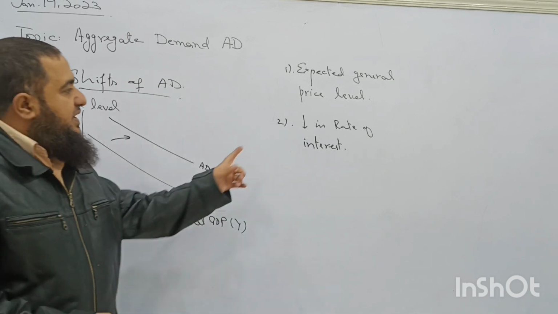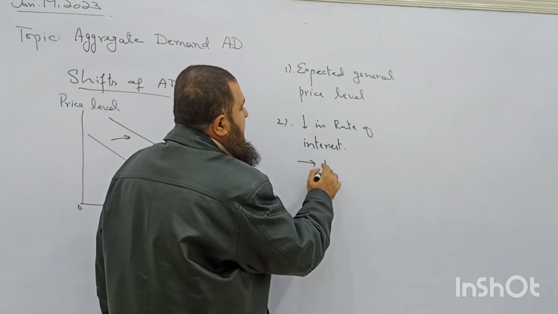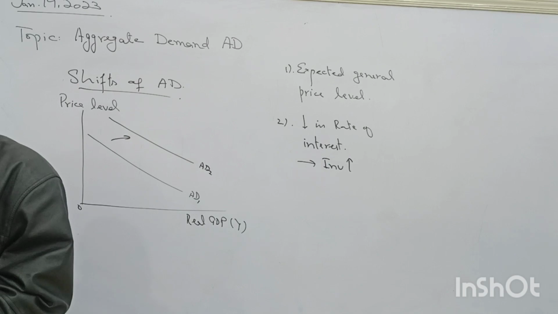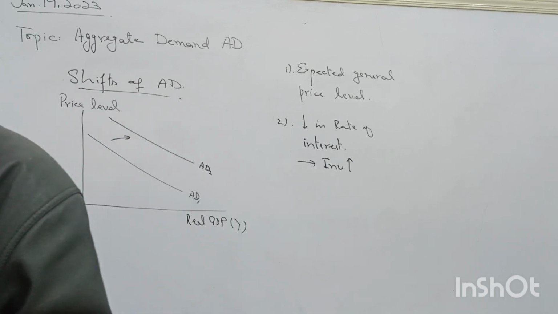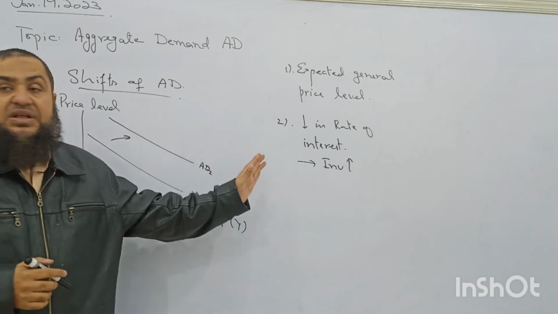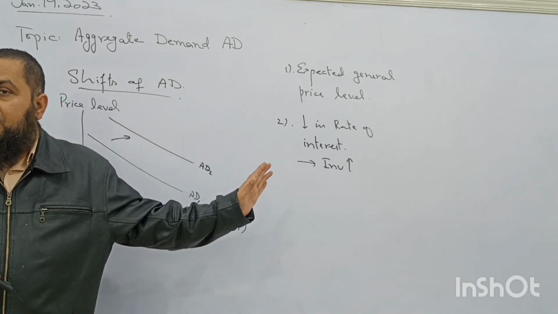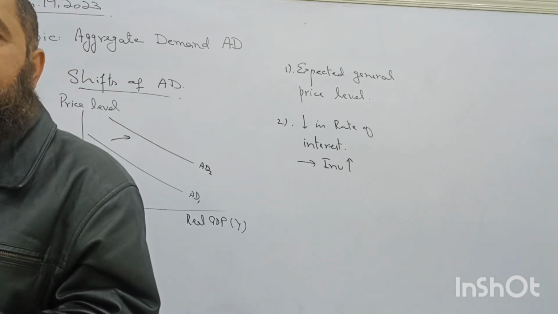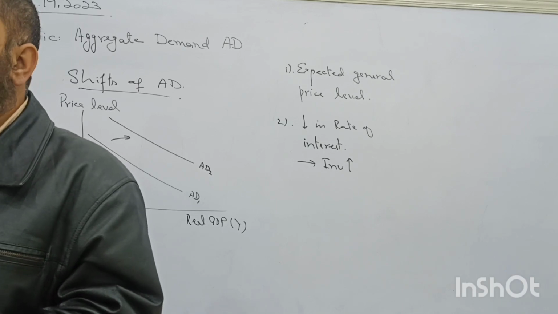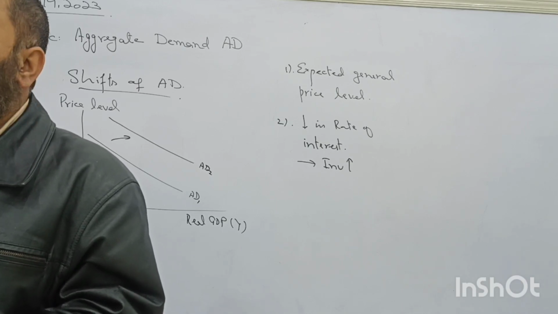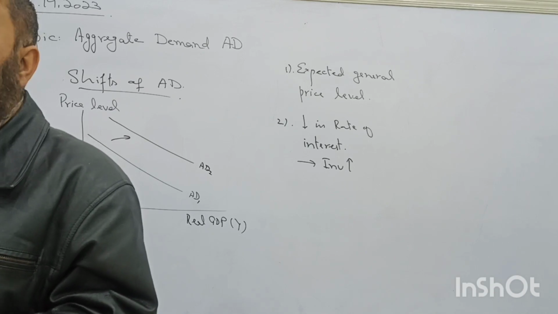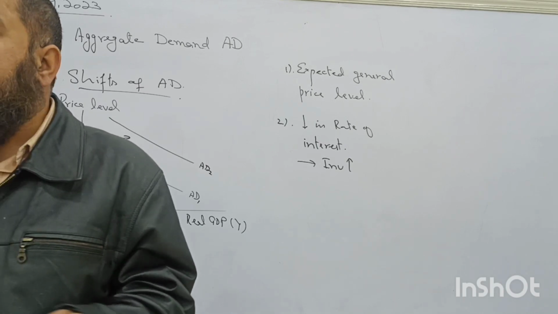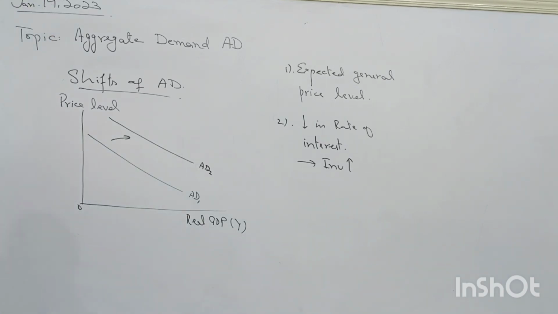Decreasing interest rate will also encourage investment in the economy. Investment will also increase, and when investment by the firms increases, again aggregate demand will shift rightward. Firms are looking at the change in consumer demand, people are going to buy more goods and services, so producers will be optimistic that their future profits will increase, so they increase investment, and further investment will create employment opportunities, and as a result aggregate demand will also increase.